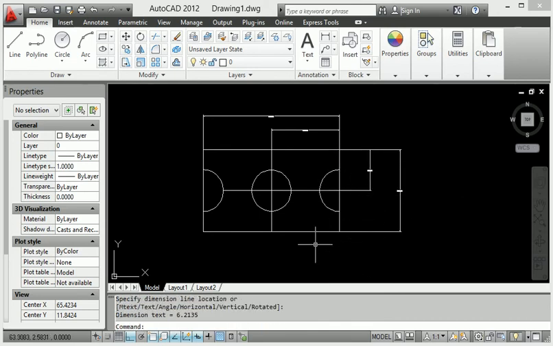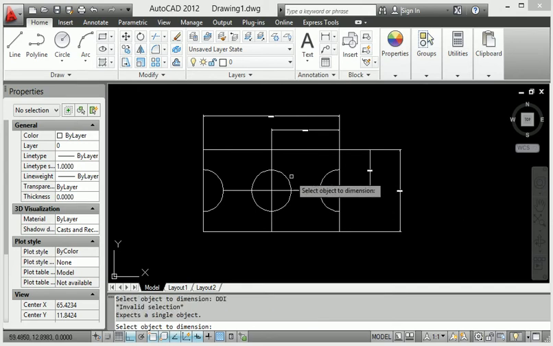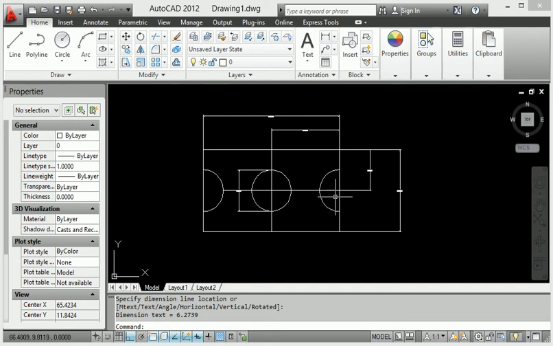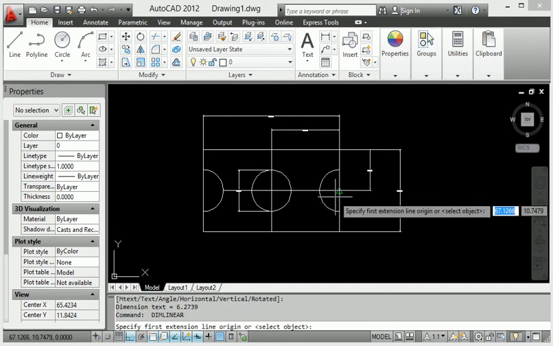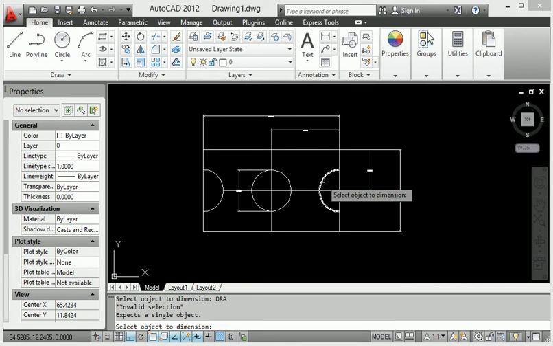When you press Enter with the shortcut DDI, it provides the diameter dimension, and also Enter with DRA applies the radius here.